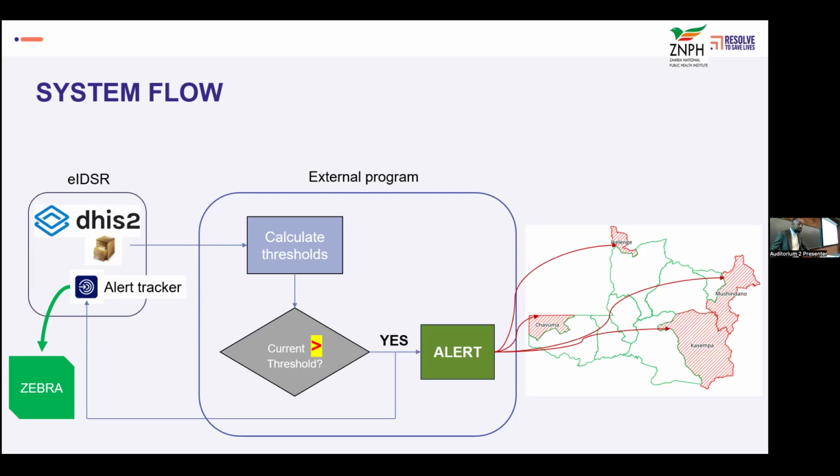If that is surpassed, as I mentioned earlier, an alert ID is generated. The alert is enrolled in the DHIS2 tracker program, and the district surveillance officer is notified via SMS, email, and